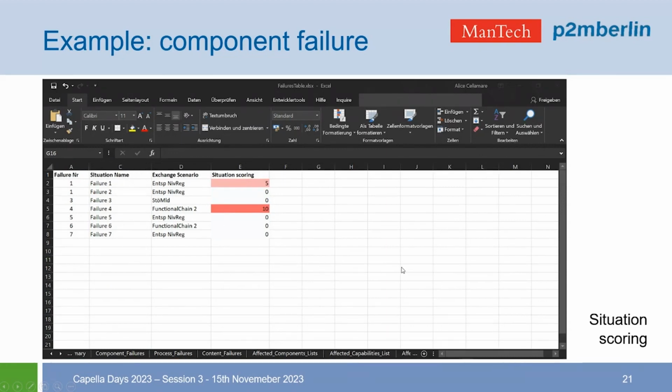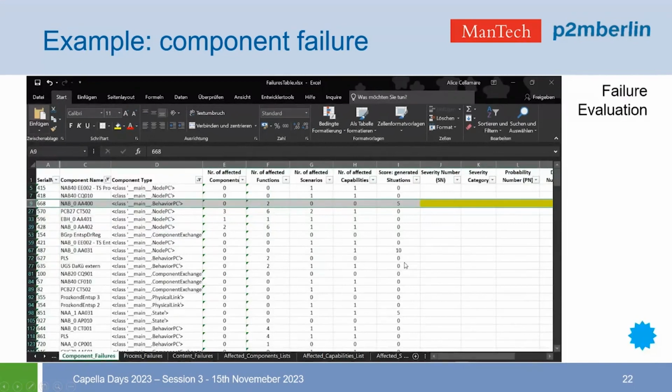Yes, so after the situations are scored one by one, as you can see here, a single failure will give rise to more than one situation. We can summarize all this information in a failure overview table. For example, this would be the tab in our file that considers all the component failures, and when we reach the line that represents the failure of our valve, we can say that the scoring is in total a 5 as far as situations are concerned.